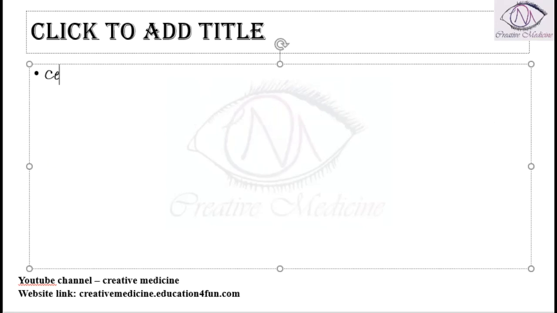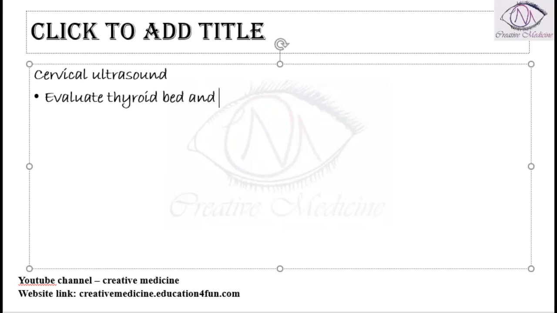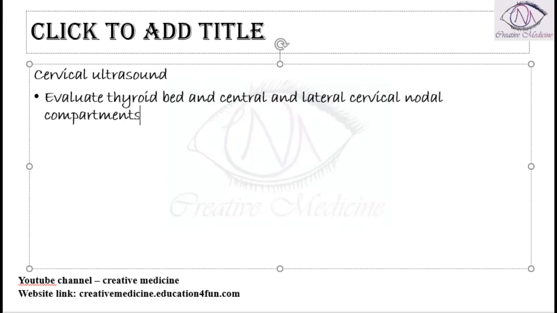Then, in the post-operative scan, the cervical ultrasound. What does this tell us? A cervical ultrasound will mainly evaluate the thyroid bed. Okay, and it will also tell us about the central and lateral cervical node compartments. How are the nodes? Are they okay, or are there any metastases to the nodes? All those will be seen by cervical ultrasonography, and this is actually performed 6 to 12 months post thyroidectomy, because